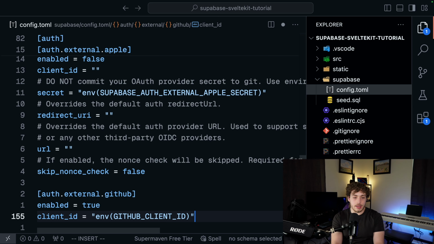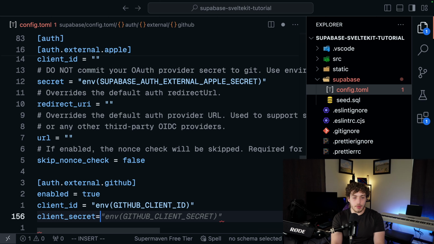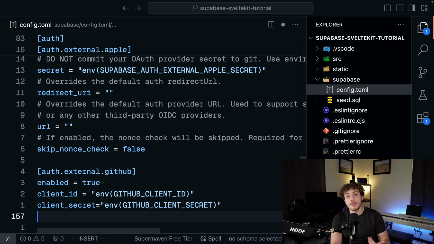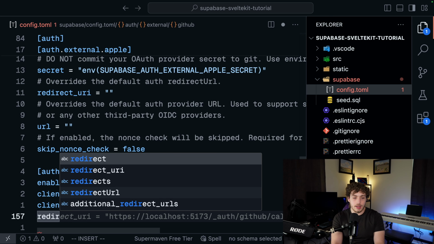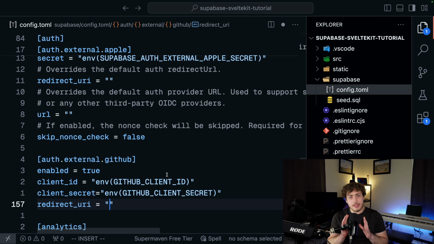Next thing we're going to do is set up our client secret, and we're going to set this to be env GitHub client secret, the autocomplete knew. So then the next thing we need to do is set up our redirect URI. Now for our redirect URI, this is where it gets a little tricky. We actually want to set this to